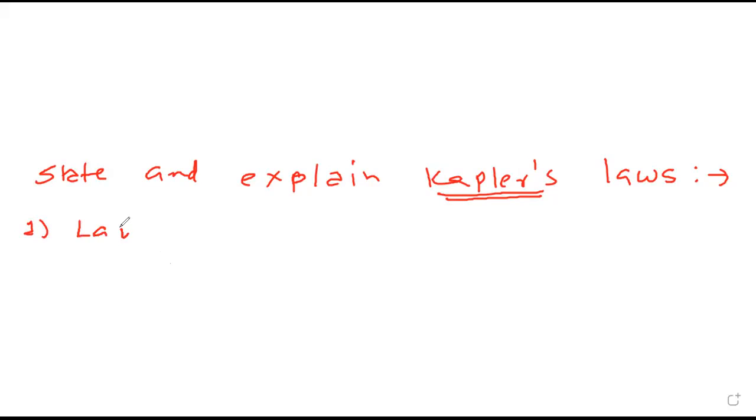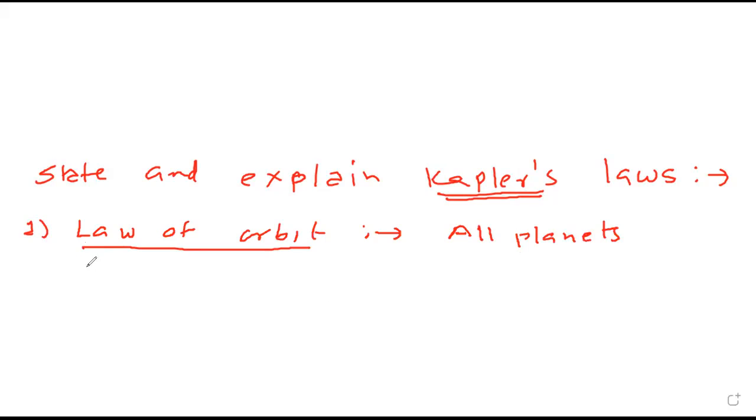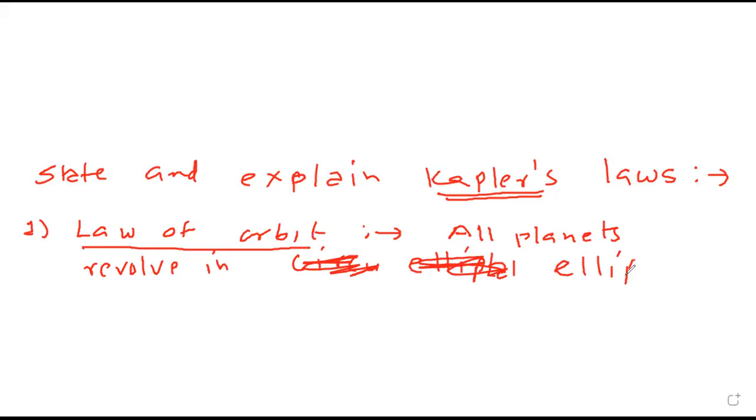First one is law of orbit. The satellites revolve in circular orbit, but these planets revolve in elliptical orbit. That is the basic difference. So first law of orbit: all planets revolve in elliptical orbit